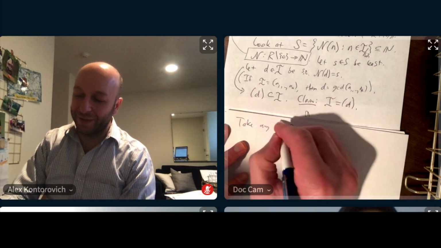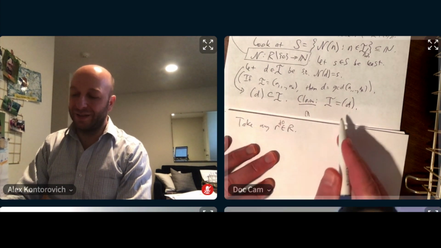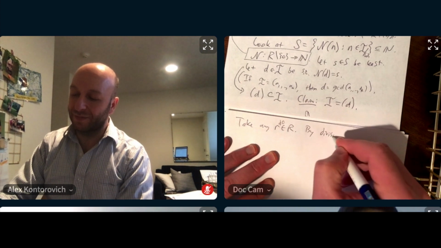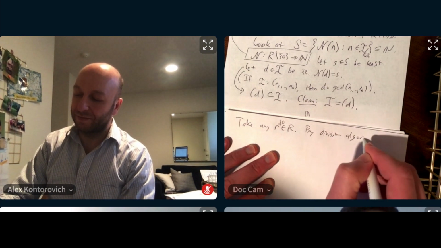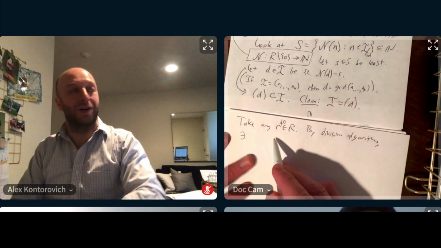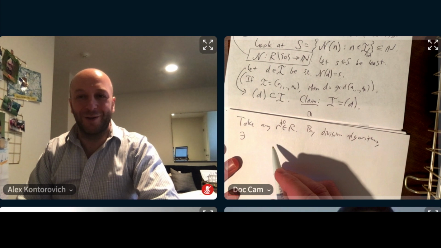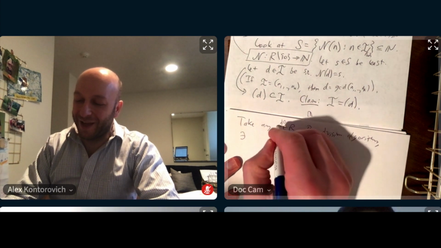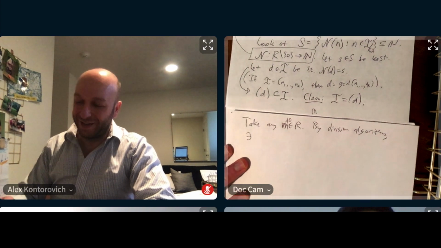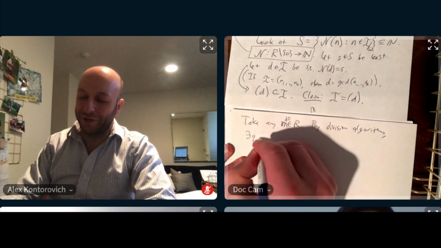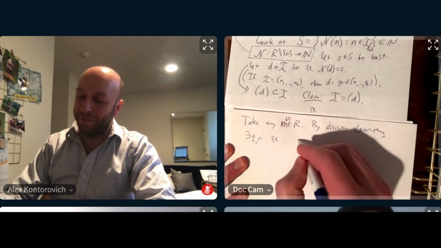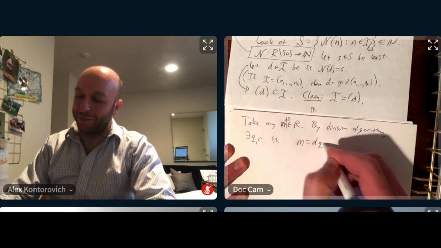So let's divide by D. I don't want to use R, because I want R for quotient and remainder. Fine, take any M in the ring. By the division algorithm, there exists a quotient and remainder so that M is equal to DQ plus R,